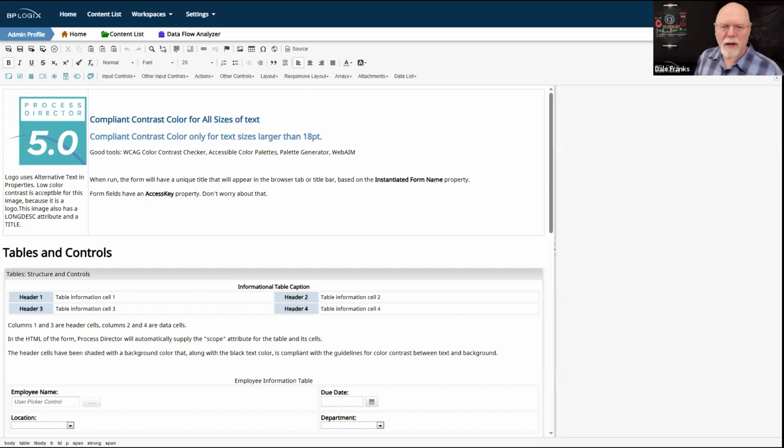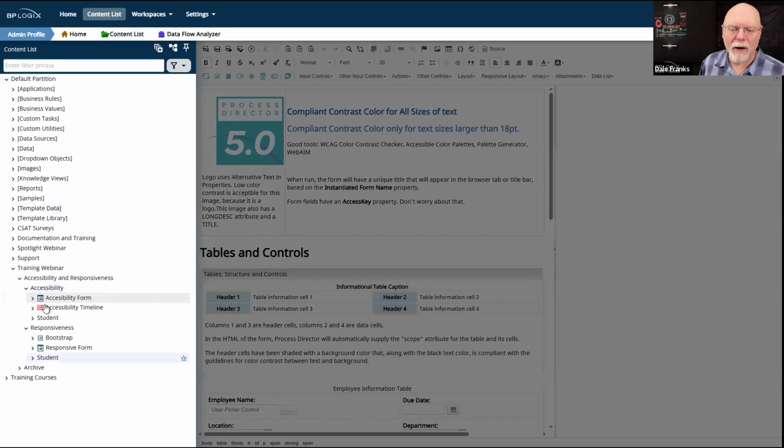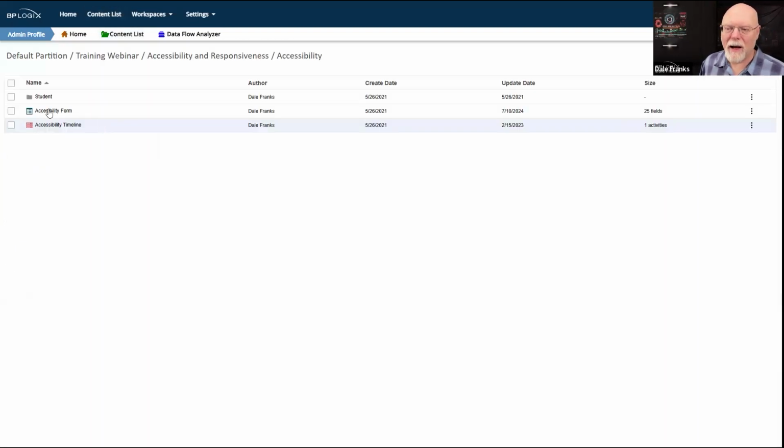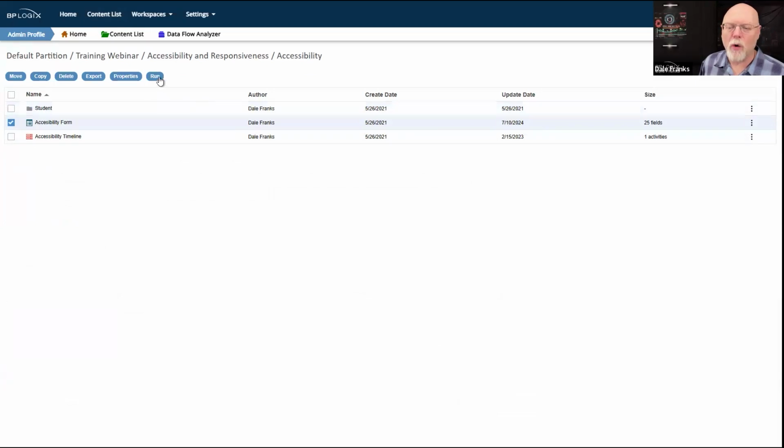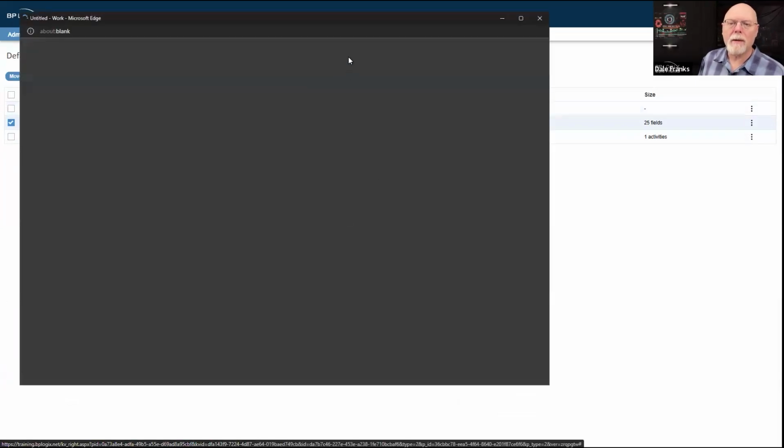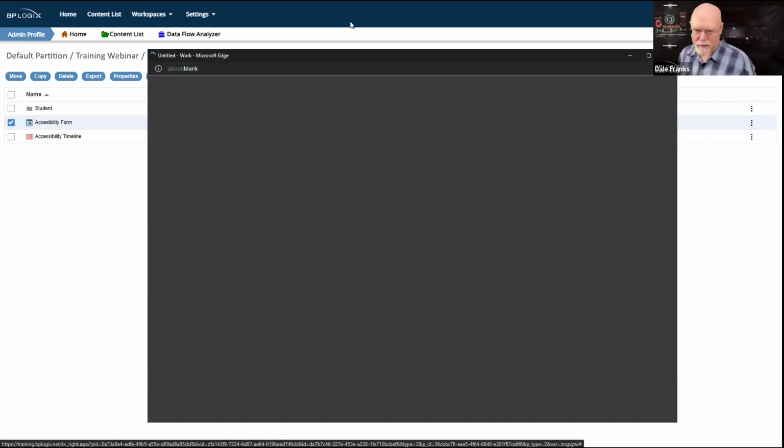By the way, I didn't mention it here. We might as well go back and take a look at it. If I run this form, I think it'll be easier to run it if I open up the content list and go back into the folder and just run it from here. We'll have to give it a second to compile because I've probably inadvertently saved something, so it needs to recompile the form, which will take a couple of minutes.